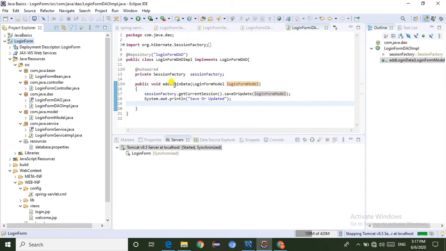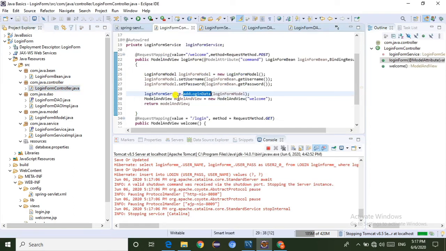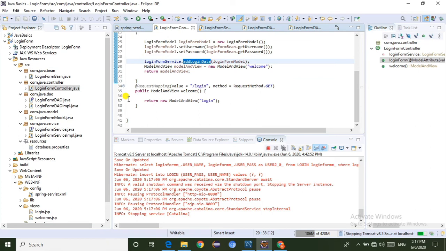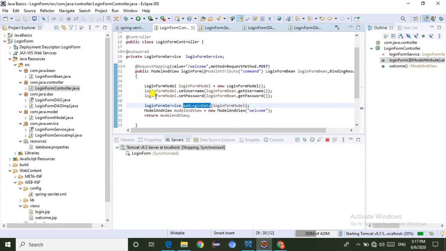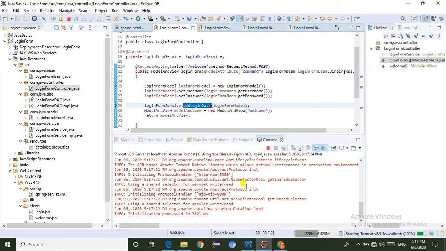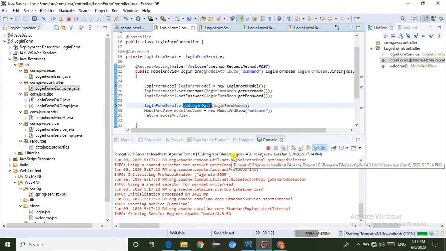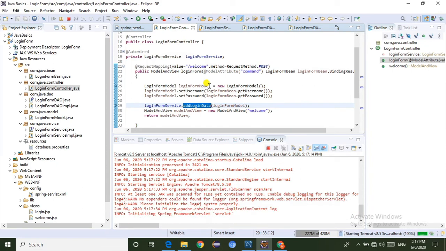So now I'm going to show you the login in debug mode, and I will explain each and every component. It will take some time to start the server in debug mode.